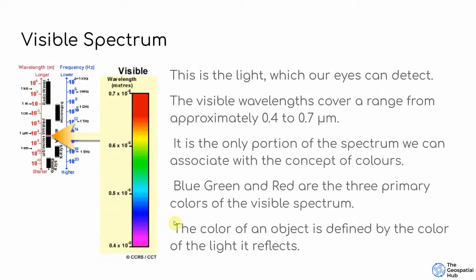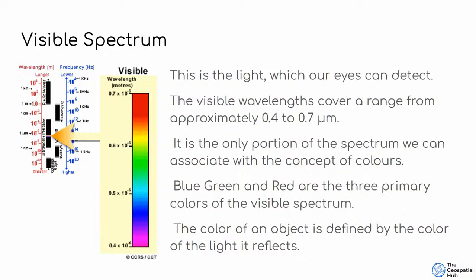The visible spectrum is basically the only part of the electromagnetic spectrum that our eyes can detect. We can't detect any other part of the spectrum. So this is the only part we could see. The wavelength ranges from 0.4 micrometer to 0.7 micrometer,